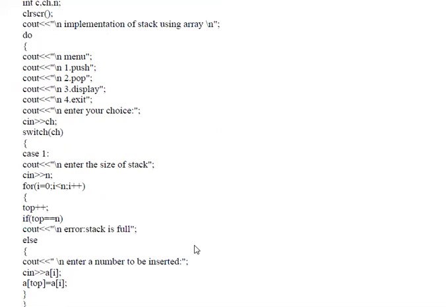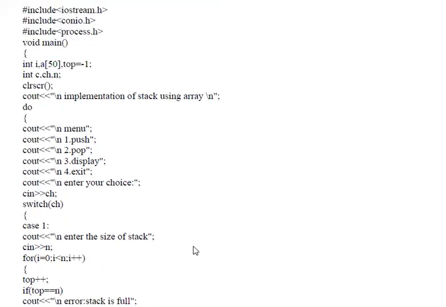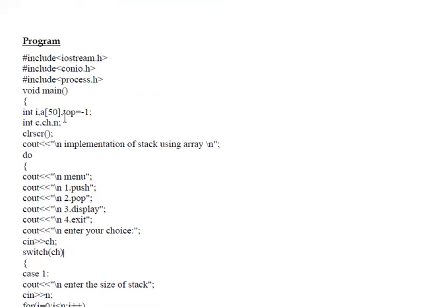Then further processes happen. From the main function, each and every time we need to get a value one by one by using a for loop.